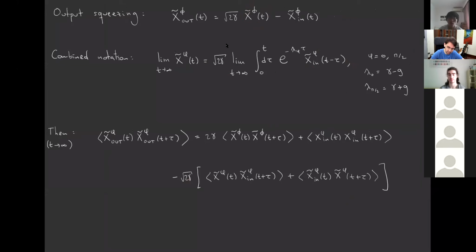And in particular, it's completely trivial. Well, this one is just by definition. You get delta tau. This one in here, which is the cross correlator, you can prove on your own very easily that this is 2 gamma and the exponential of minus lambda phi absolute value of tau. And then this one in here,